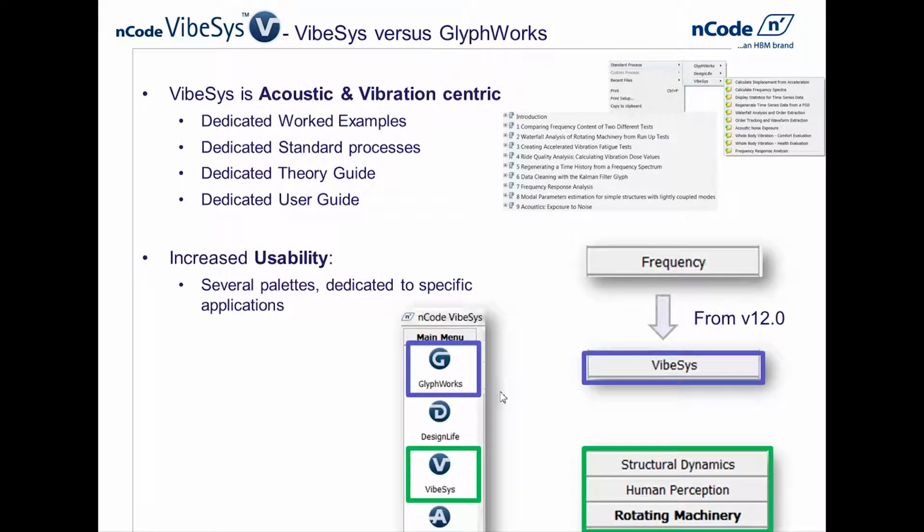In terms of usability, the nice thing is that if you use GlyphWorks with the VibeSys option, you'll have one palette that's now called VibeSys, and which contains all the glyphs for VibeSys. If you click on the new VibeSys button on the menu on the left hand side,